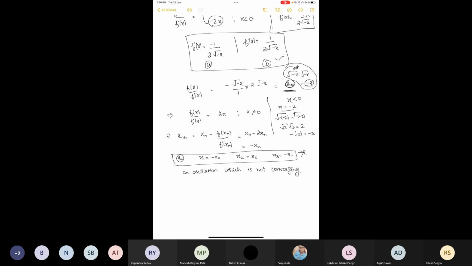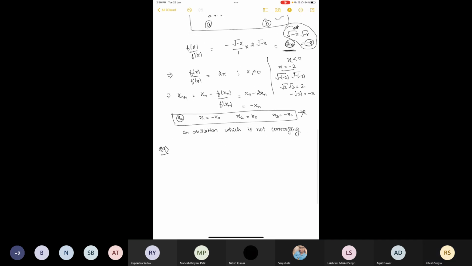So 7 and 8 are done, right? Let's proceed to question number 9. You guys tell me what should be my f of x in question number 9, because they have given you some sort of statement. First of all, read the question. It is asking us to do the iteration using Newton's method. Find the distance between a point on the real axis and a point on the curve. What they are saying is you have been given some point on the real axis and they are asking you to find the point on the curve